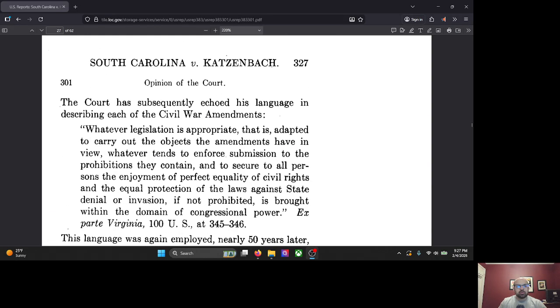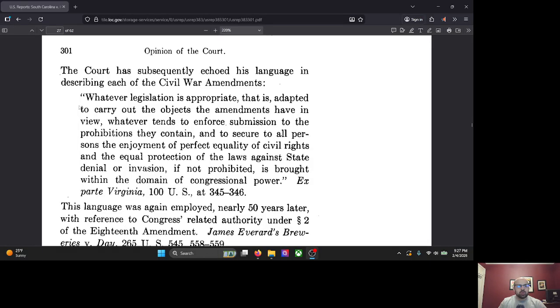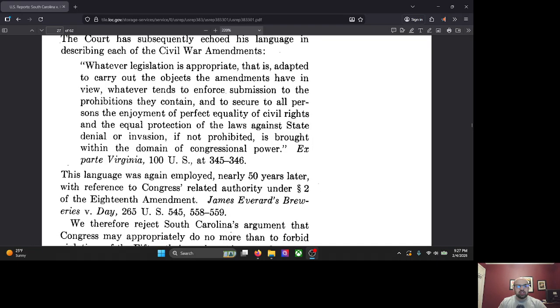The court has subsequently echoed his language in describing each of the Civil War amendments. Whatever legislation is appropriate, that is, adapted to carry out the objects the amendments have in view, whatever tends to enforce submission to the prohibition they contain, and to secure to all persons the enjoyment of perfect equality of civil rights and the equal protection of the laws against state denial or invasion, if not prohibited, is brought within the domain